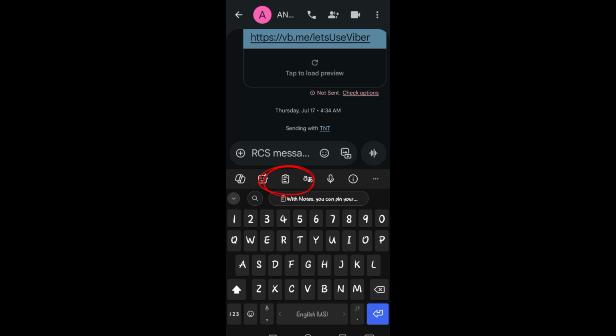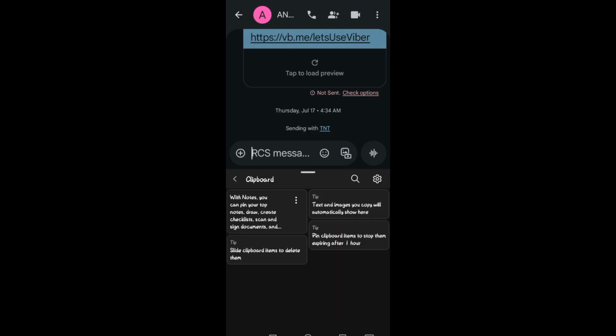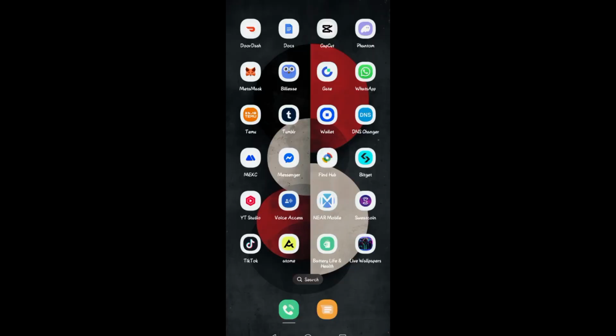Hi everyone, in this video I will show you how to find your clipboard on Android. So this is the clipboard, and if you can't see it on your keyboard, then I suggest that you download